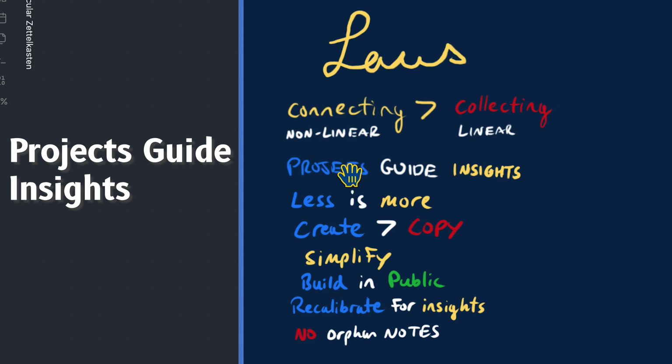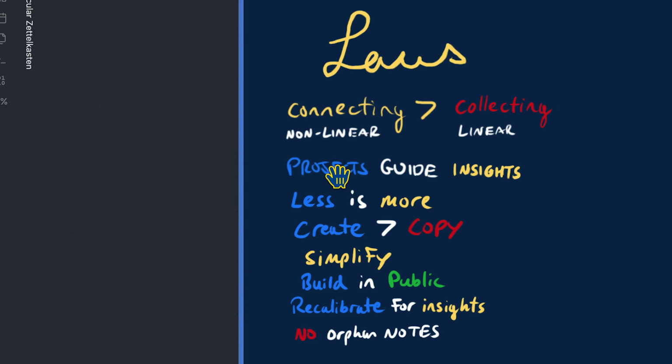Another law is that projects guide your insights. So projects could be questions that you're trying to solve, problems you're trying to solve, just things that you're trying to get more information on, research into, so that you can have a direct application to your own life. If you're just collecting quotes, but you're not actually trying to keep track of your insights on how those quotes can apply to your life, then this whole system is far less effective. It's really hard to put into words how effective it can become if you use projects to guide your insights.